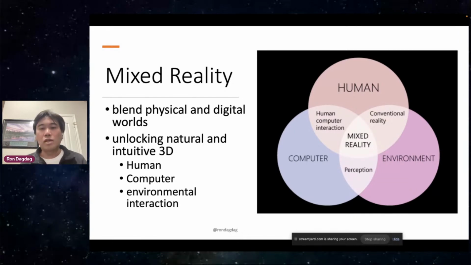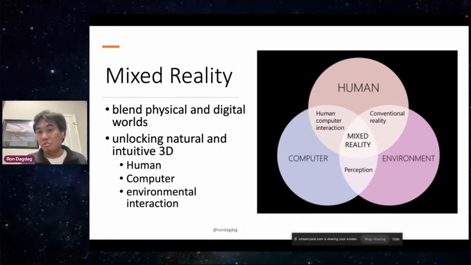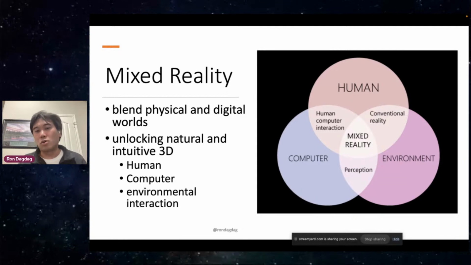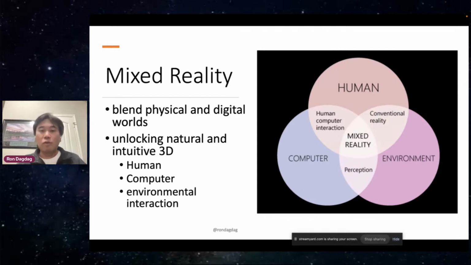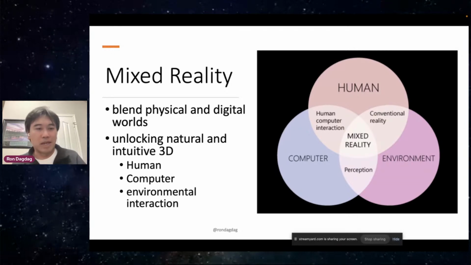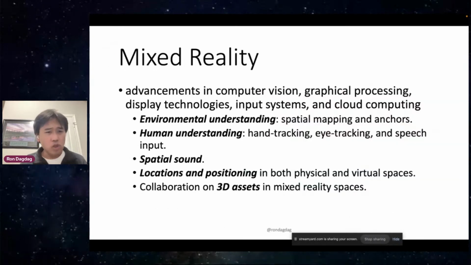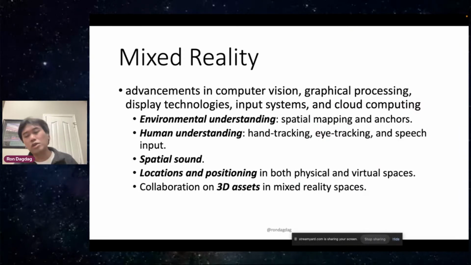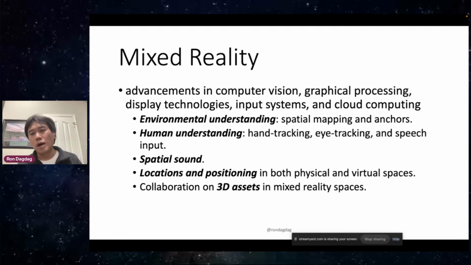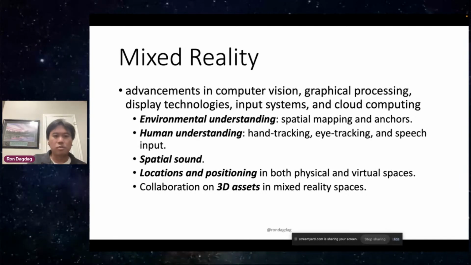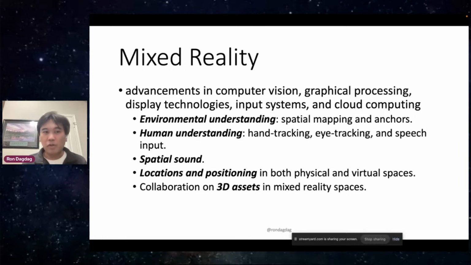Computer and environment, that's when you have robots being able to look through what is around their environment in order to understand what's going on. But now if you add the human in the loop, that is what we call mixed reality. So mixed reality is happening because of the advancement, not just in the computer vision space, but also in graphical processing, display technologies, input systems, and cloud computing. Because of all these advancements,